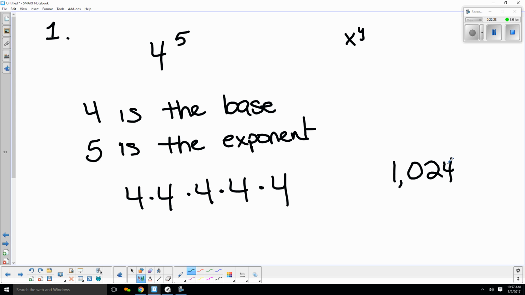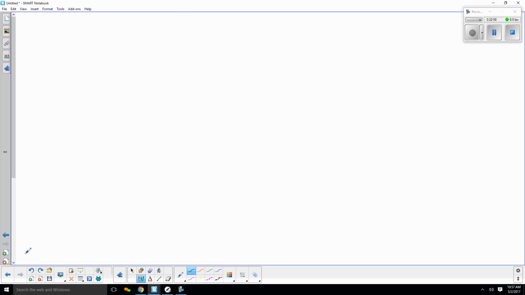There's an XY button. You would put in your base number first. So you're going to put in 4, hit this XY button. Then you're going to follow with your exponent, which was 5. Hit enter, and you should come up with 1,024. Okay, so you may need to practice that real quick if you need to, okay? But you can use your calculator very quickly to come up with an answer, okay? Now, number 2,